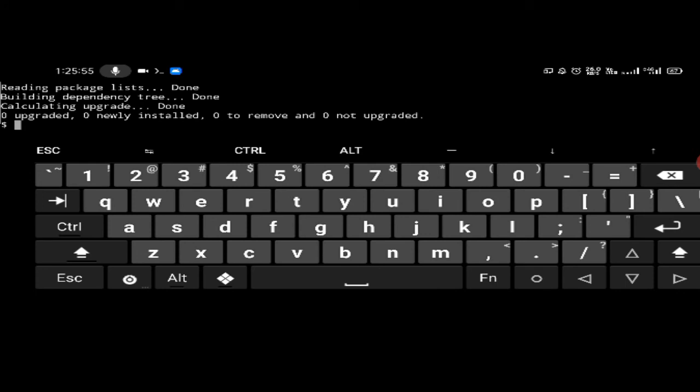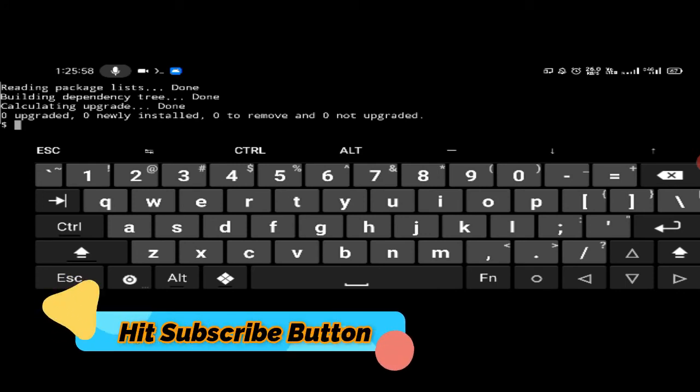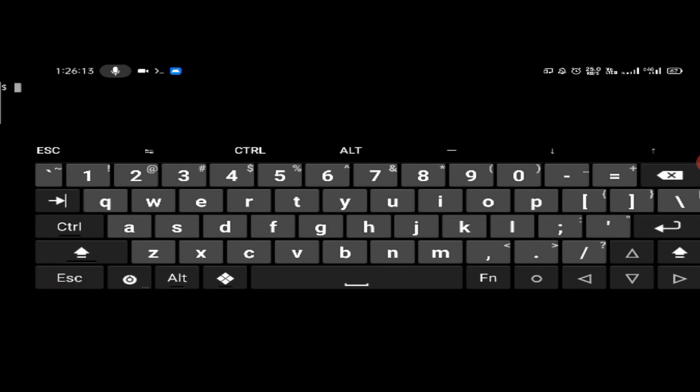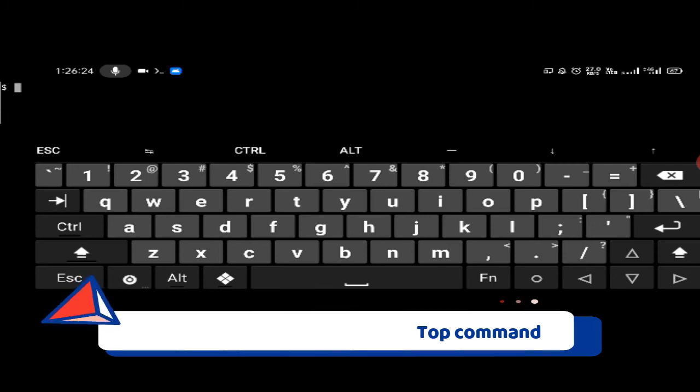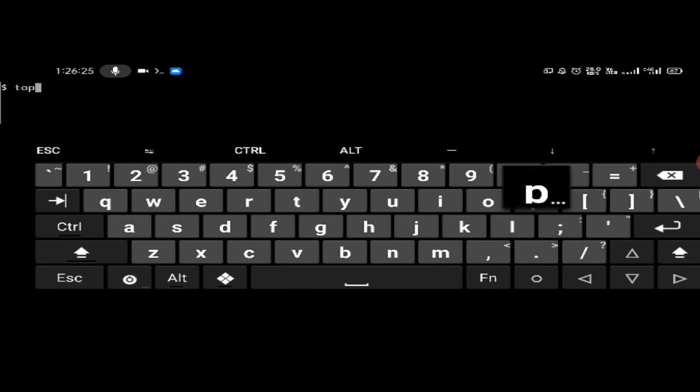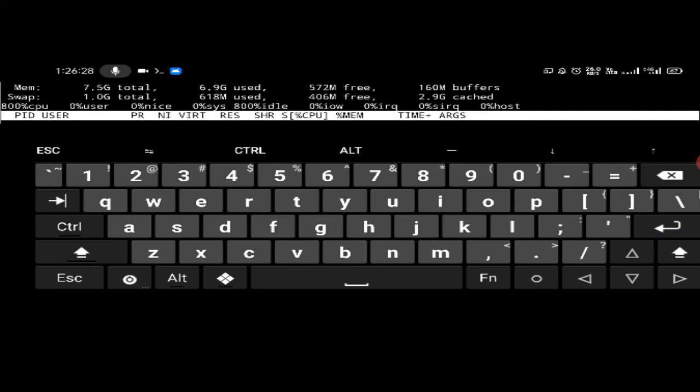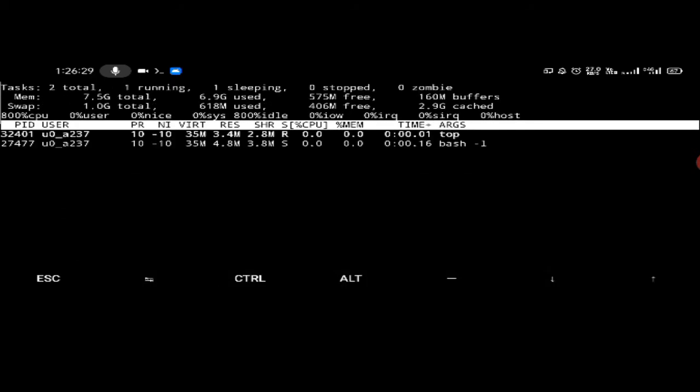Till now I haven't installed any new packages, that's why there is no package available for upgrade. Now some more basic commands, like top. Top is a command which you can use to show all running background processes. Just type top and press enter. This will show you all the background running processes in your machine.